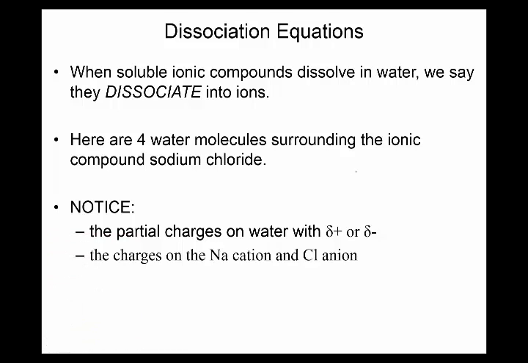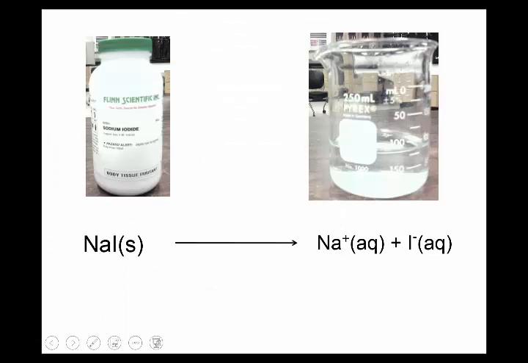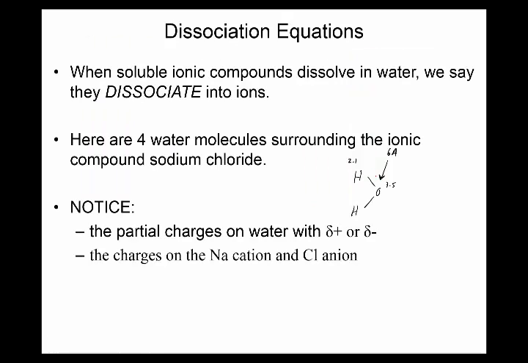Here is some background on water's shape. Oxygen is the central atom. It's in 6A, so we draw a bent shape like this. Oxygen has a 3.5 and hydrogen has a 2.1 electronegativity, so you get dipole arrows that go like this and like this. Oxygen is partially negative, and the hydrogens are both partially positive. So this plays an important role